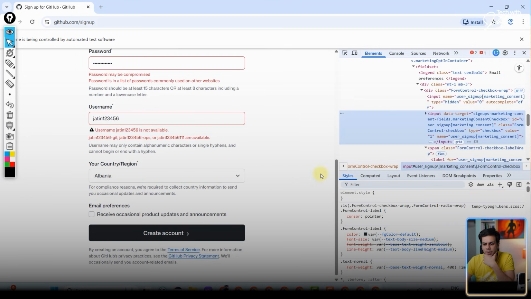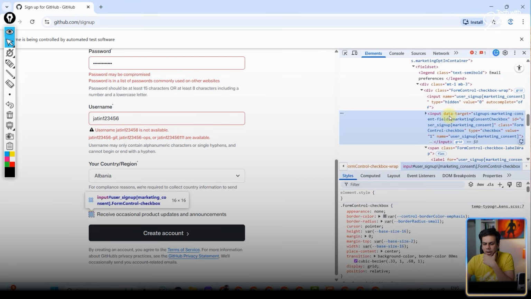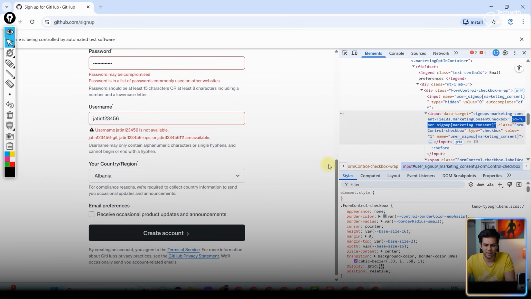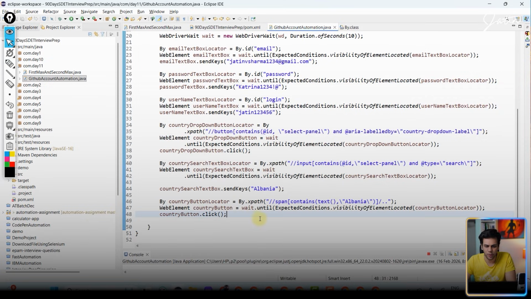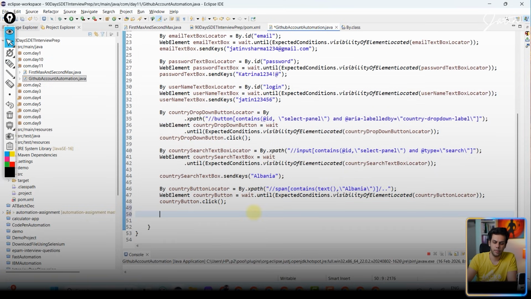Right click on inspect, and over here this one basically has an ID. My eyes are always searching for an ID. Okay, so the ID is going to be user sign up marketing consent. This is what I'm looking for. I'm going to take this. Life is good, nothing else to worry about. Okay, By, checkbox